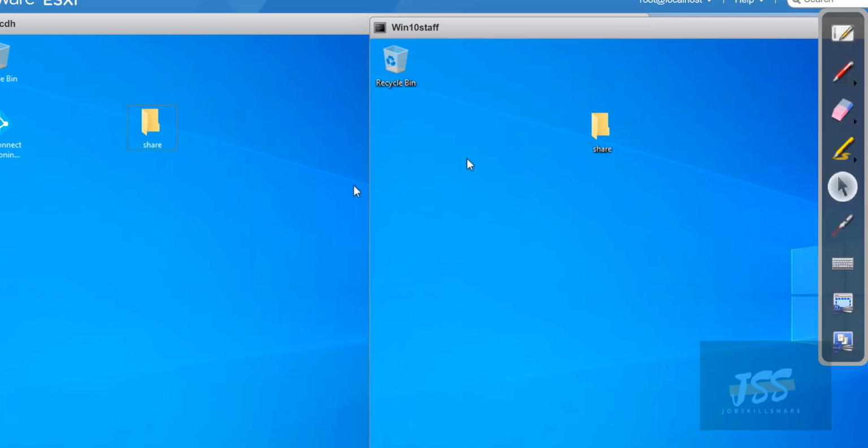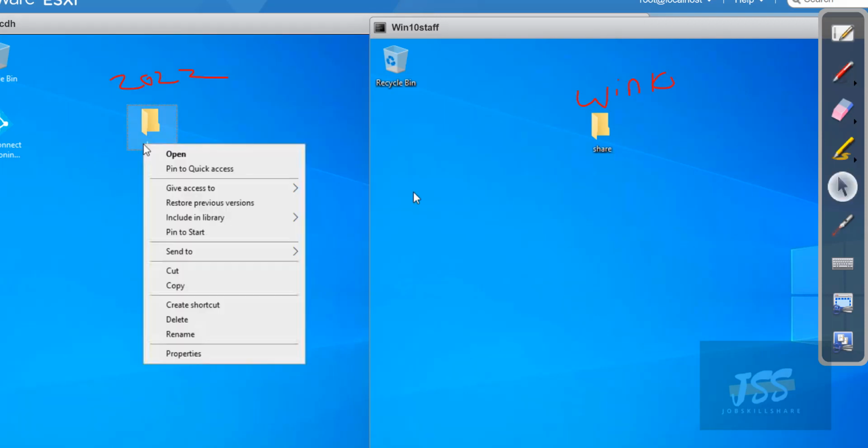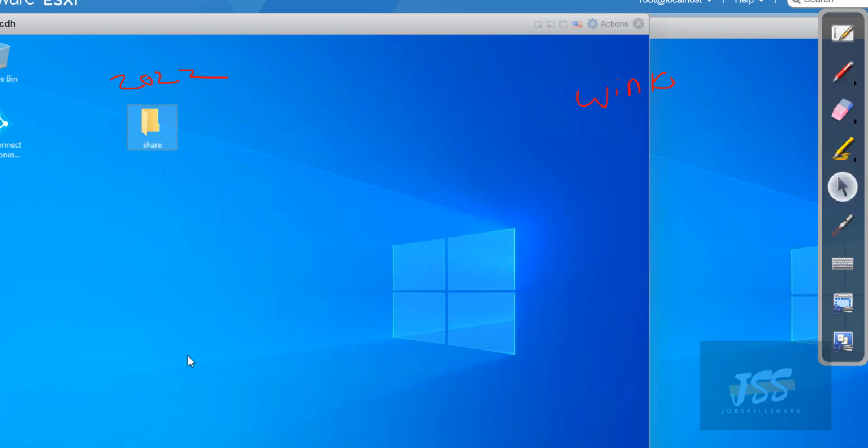All right, so I was looking for my pen. So here you go. This is a Windows 10 machine and this is a 2022 server, right? We want to see the difference between these two. If I right click and go to properties,